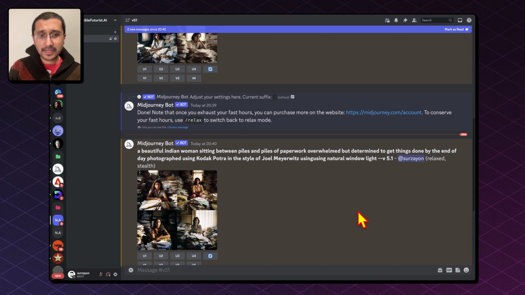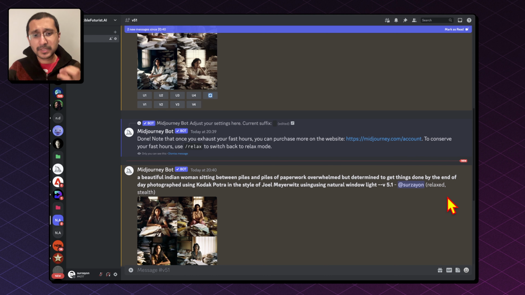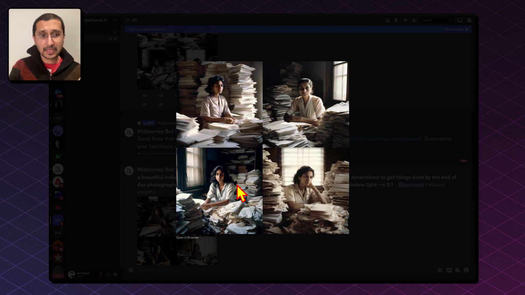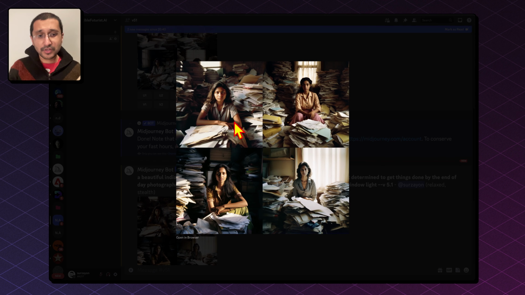Version 5.1 is working with Midjourney's house style and adding an aesthetic boost. So as you can see in the image already, we have a specific boost in the overall aesthetic. And again, Midjourney's version 5 defaults to a more photographic image. 5.1 has the blend of a photographic and artistic style. So this is version 5 and this is version 5.1. It still has an artistic blend to it, as mentioned by